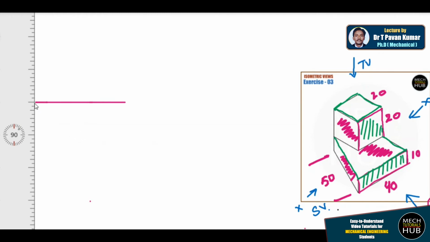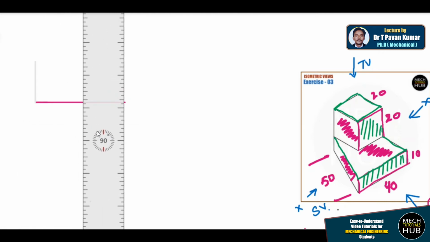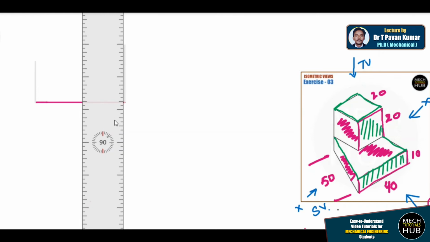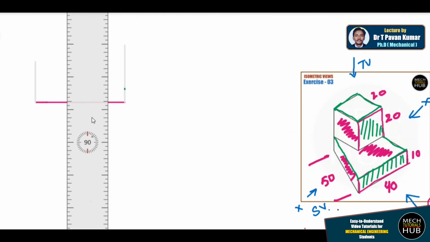All right, from here the height is 10. Let me increase the height. At a later stage, if I want, I'll just try to darken the required portion. Okay, and in this line I'll just try to make a mark of 10. From here, 1 2 3 divisions, I'll make a mark of 10. When I make the scale horizontal, I'll just drag that line.